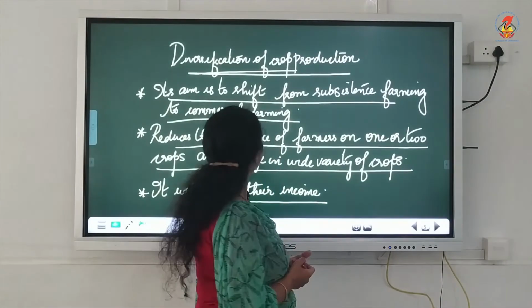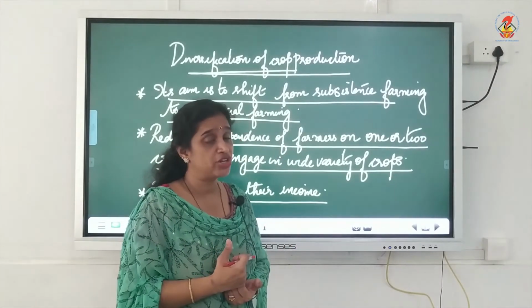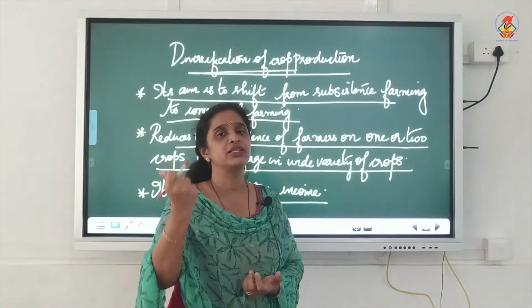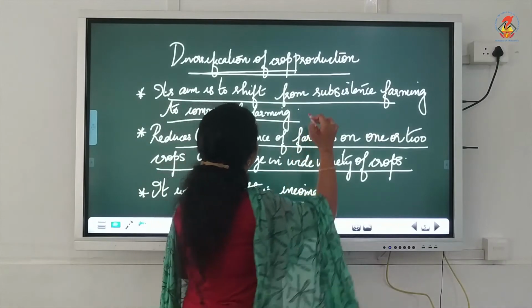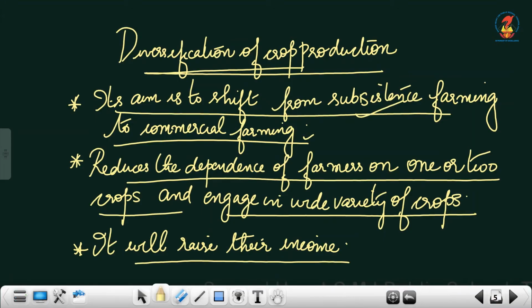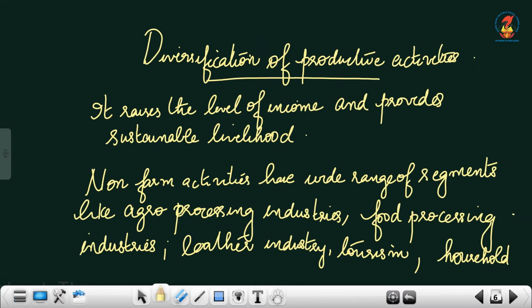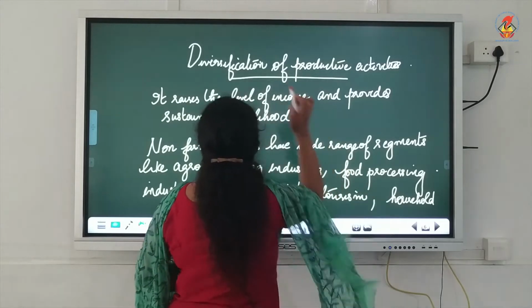So what are the benefits of diversification of crop production, or what do you mean by this diversification of crop production? It aims at shifting from subsistence farming to commercial farming, then reduces the dependence of farmers on one or two crops. Instead of that, they will be engaged in multiple crops, different varieties of crops. It will help to raise the level of their income. Next is diversification of